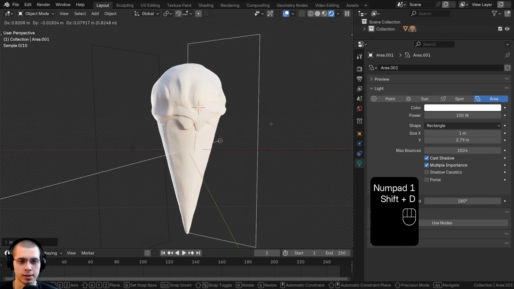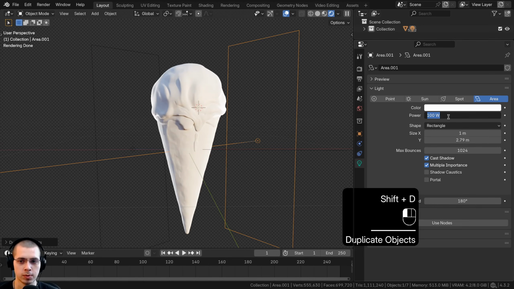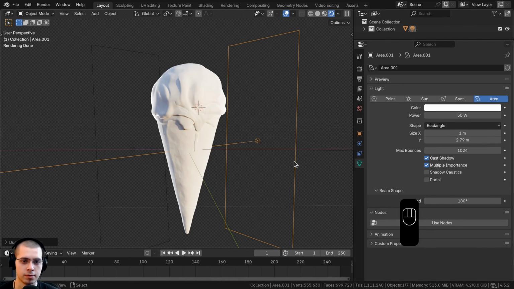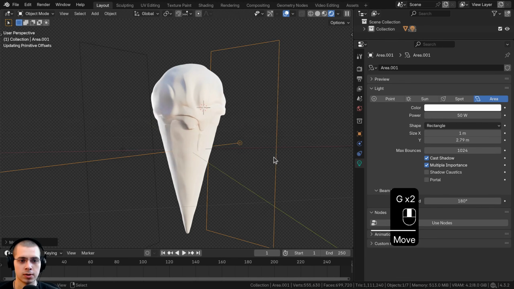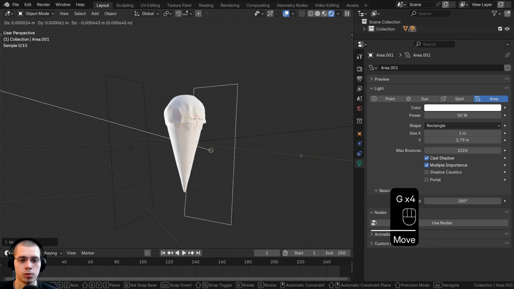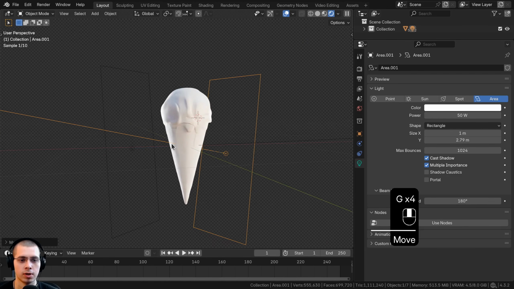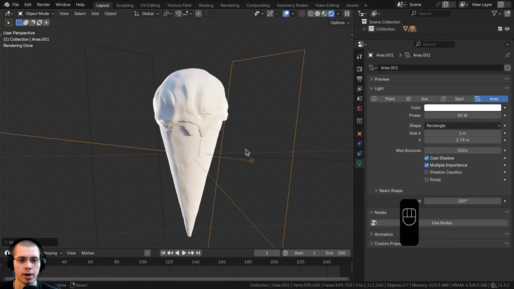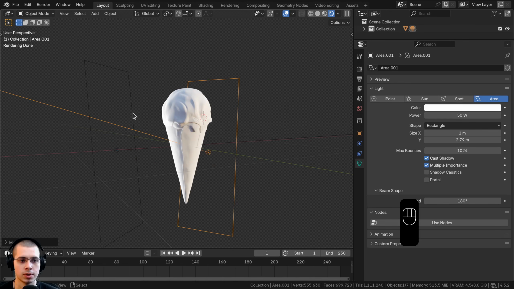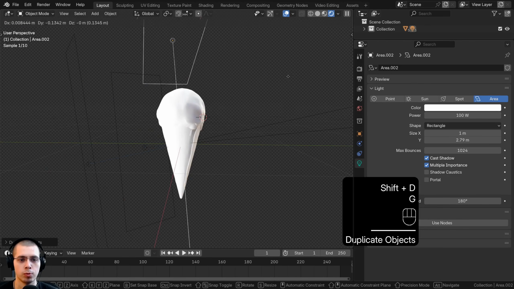edge. And then I'll duplicate this light and bring this light over here, and this one I'll turn the power down maybe just to like a 50 so it's a little bit darker. And I'll move this one a little bit more forward, kind of like that. So you have kind of a nice rim light on either side, but this one's a bit brighter and that one's a bit softer. And then I will select this light again, we'll duplicate one more and bring this one